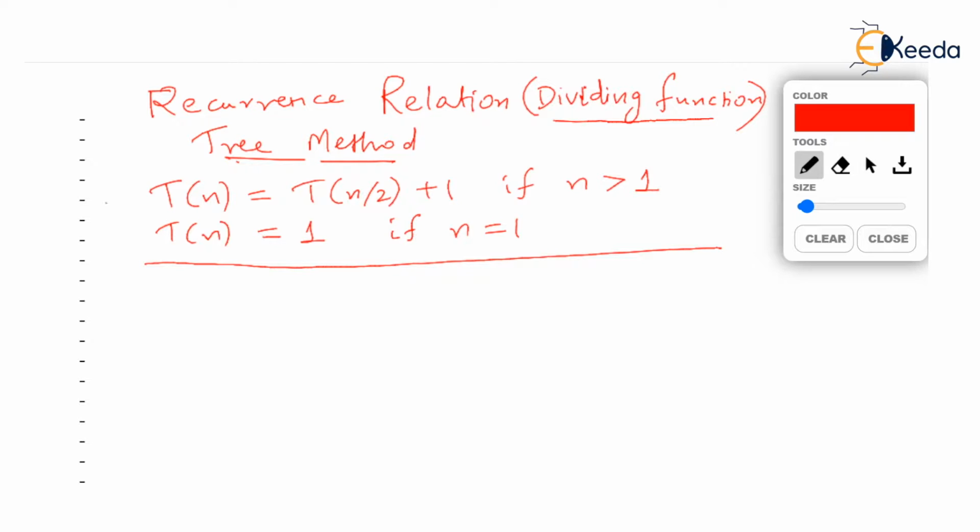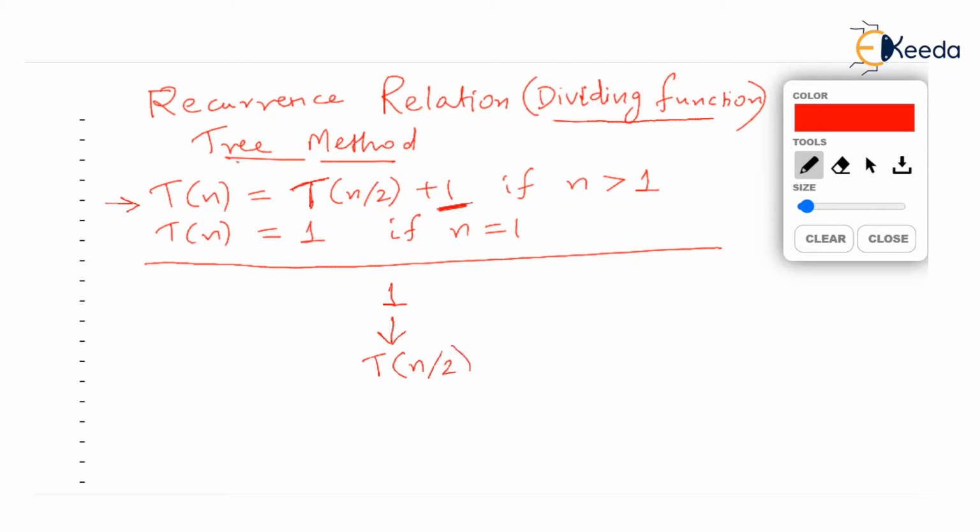Now watch the recurrence relation given. T(n) is T(n/2) plus 1. Now the right hand side of this recurrence relation has two terms, T(n/2) and then 1. Now one of the terms, T(n/2), contains the function T, isn't it? That is, left hand side has been represented in terms of right hand side. So what we do is the constant term 1, or the additive term 1, is written as the root of the tree, and this root will have one child which is labeled as T(n/2).